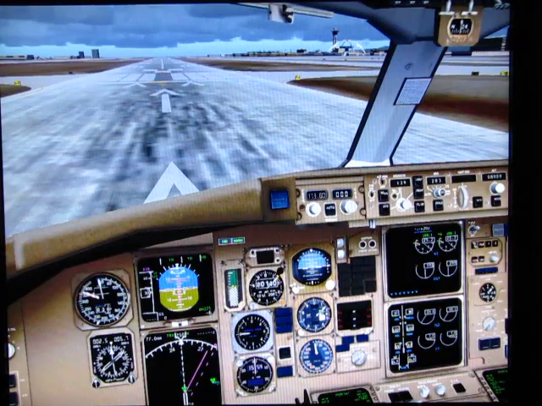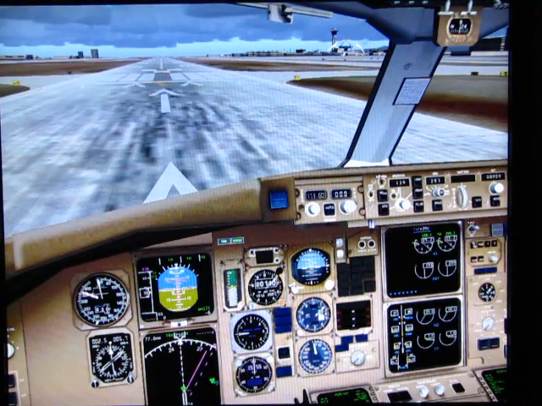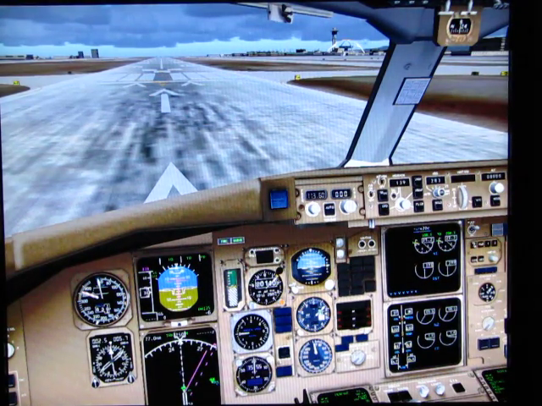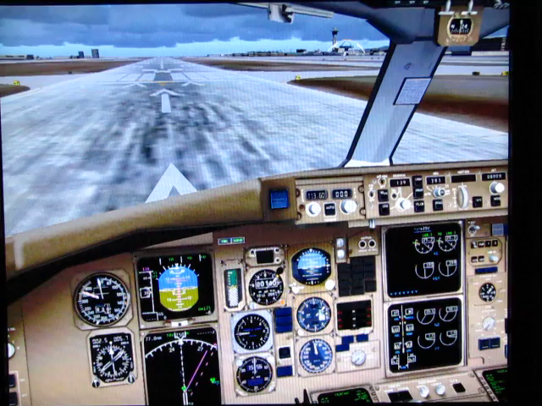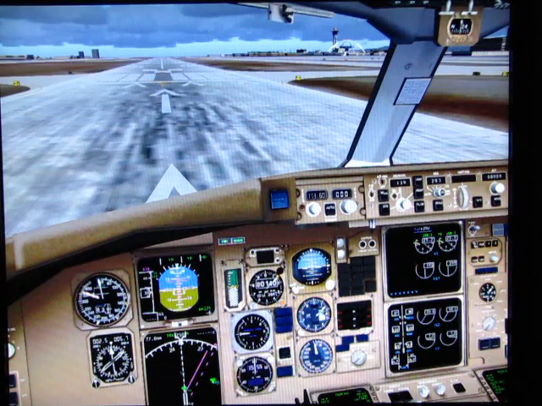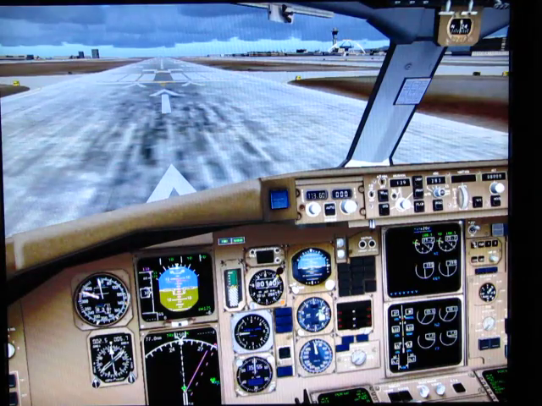That'll be accomplished by hitting VNAV, vertical navigation, and I'll have to push the nose down a bit manually by pushing forward on the yoke, to maintain our airspeed and also begin to pick up a little bit of speed. Initially, the nose-up attitude of the aircraft will be probably between 15 and 20 degrees,